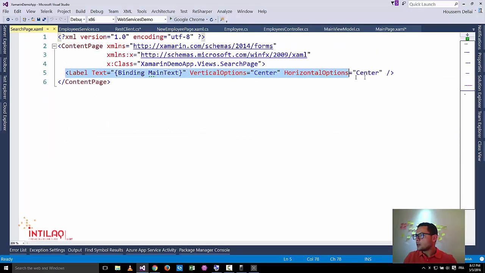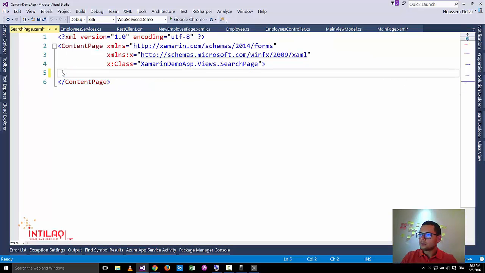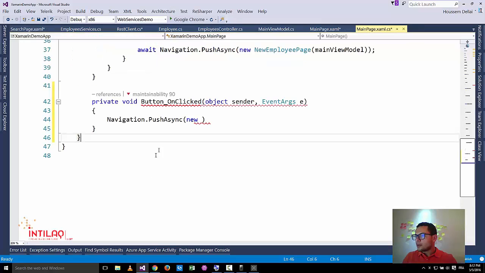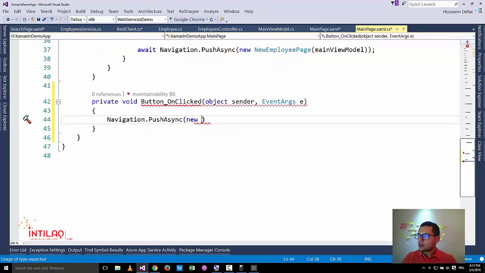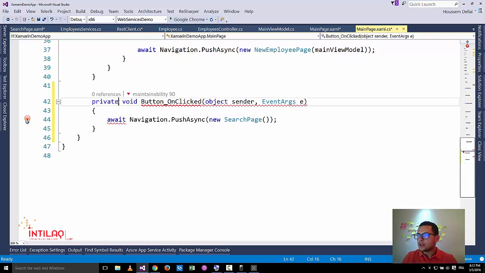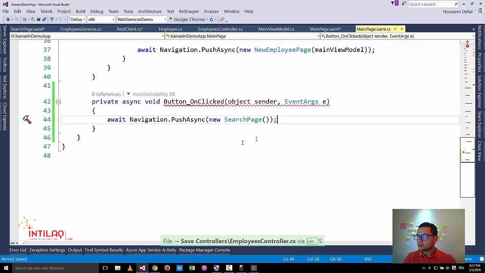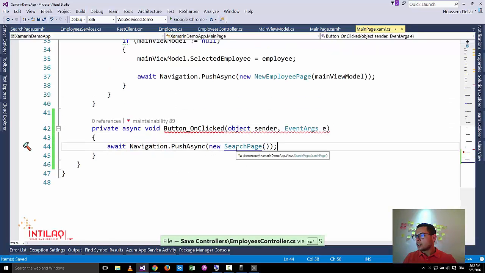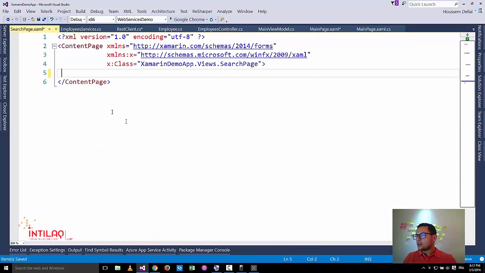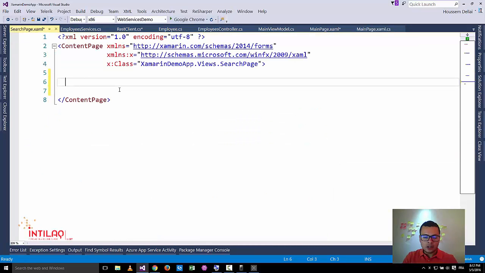By adding that page and removing this default label, now I'll go to navigate to that page. So here push async new search page. So again here it's await and async. Okay, so now I have navigated to the search page. I'll go here and